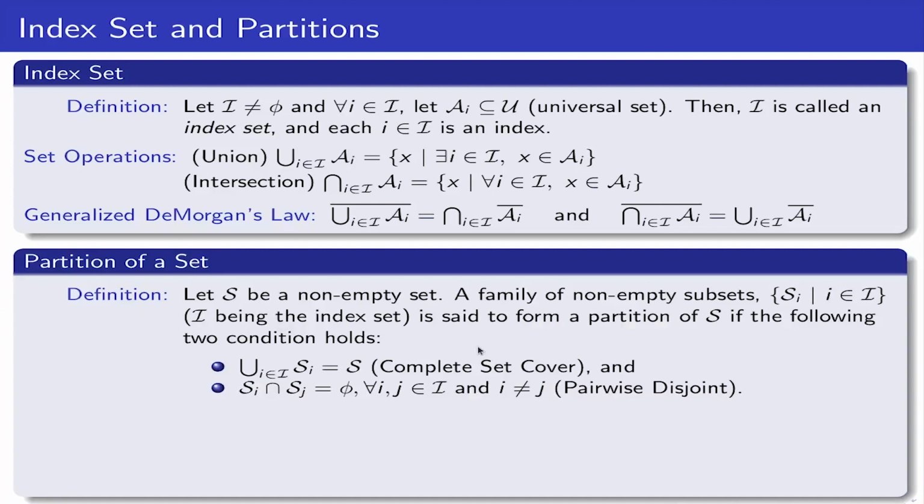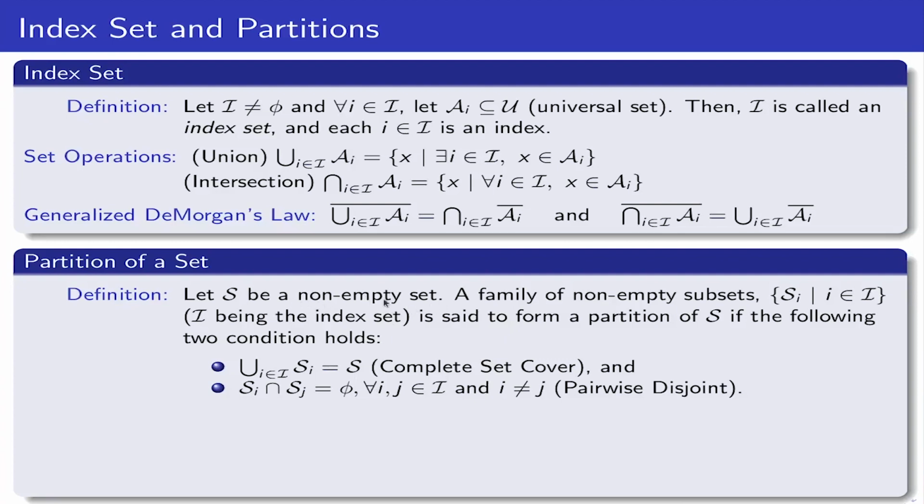Now a very important definition. What do you mean by a partition of a set? You can take the example of a world map where you partition different countries. So it says that you will have a collection of subsets in such a way that the total collection, if you unite all of them, you will get the whole set. And the subsets do not have any common element with any other subset.